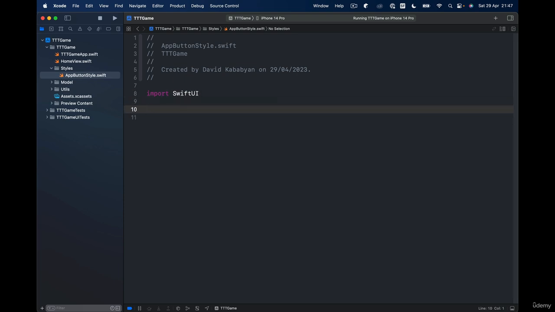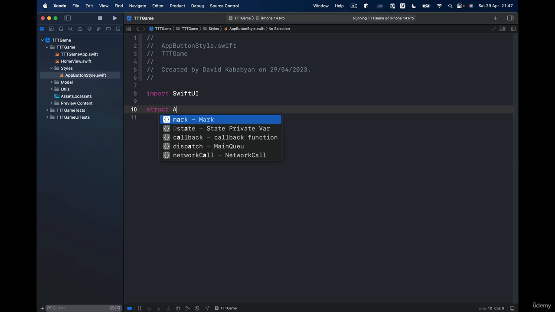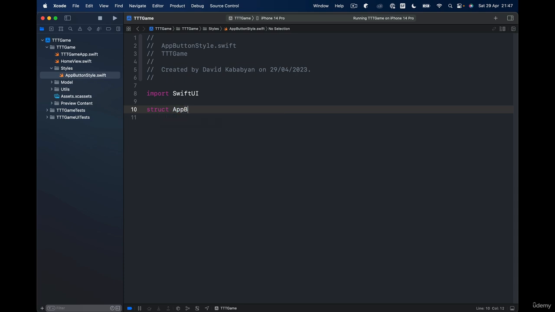And again, the way we are going to build our button styles, you can use these button styles, and the code is completely reusable. You can put it on any project. You can change the style to better suit your project. But the main point is the code here, what you are learning, can be applied to any other project. So we are going to create a struct AppButtonStyle,